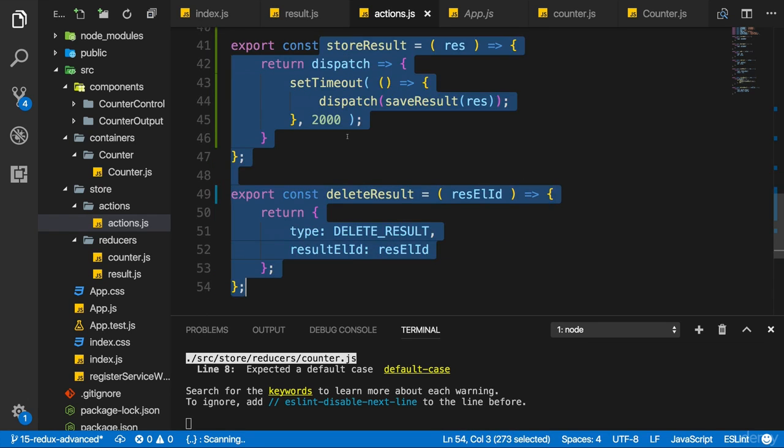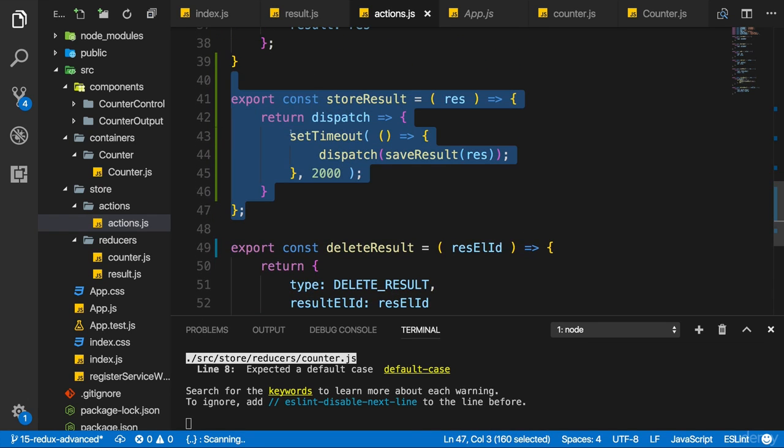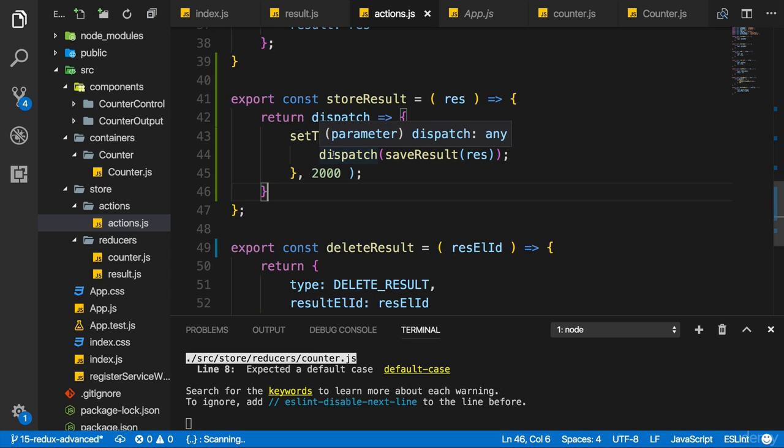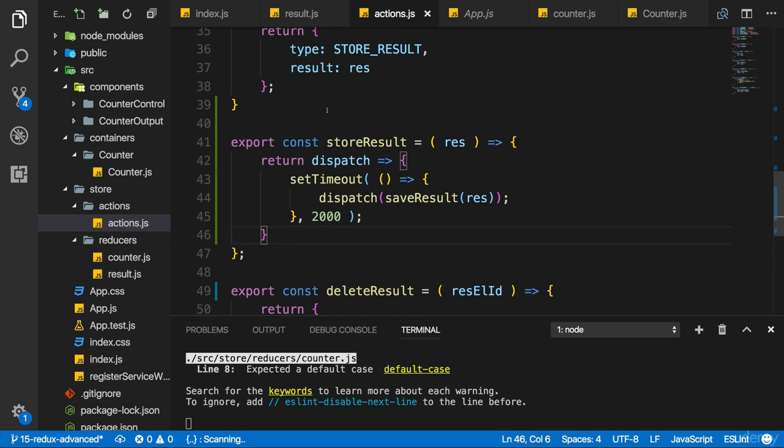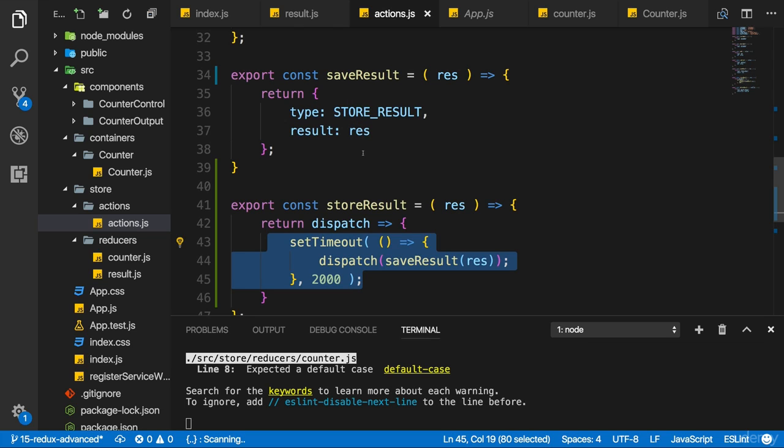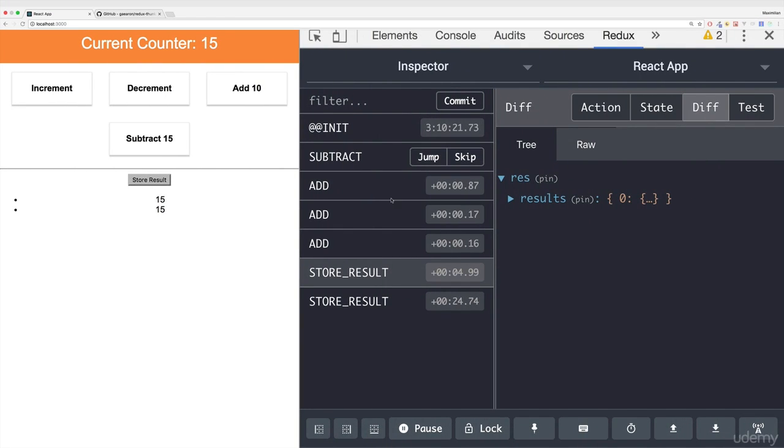The other action creators like storeResult, which run some asynchronous code, are only possible due to Redux Thunk and are caught in between. They never make it to the reducer. We only use them as a utility step in between to run our asynchronous code, which happens to be required on a lot of actions, and then dispatch the synchronous action to change the state in the store once we are certain that we know what to do there. So once our asynchronous code finished. This is why we see it here.